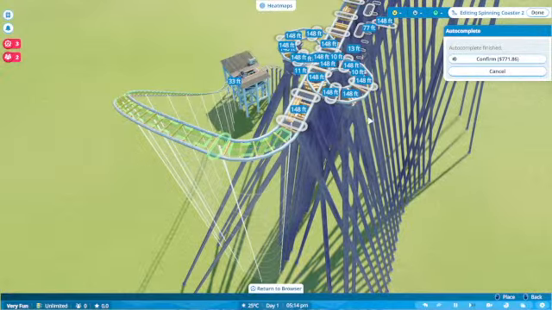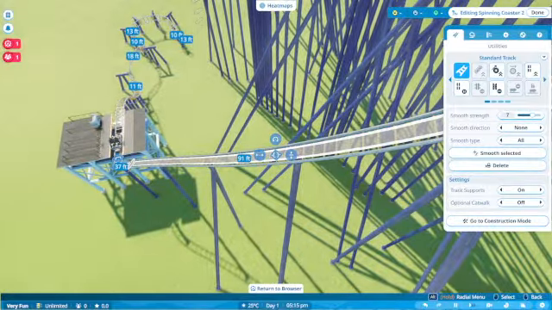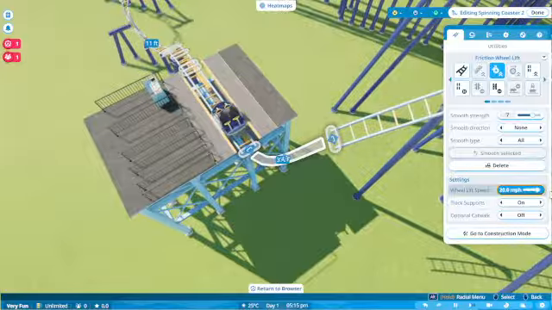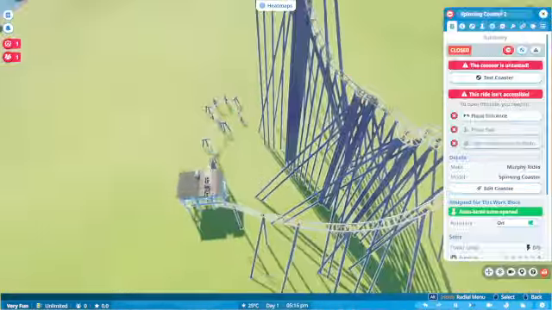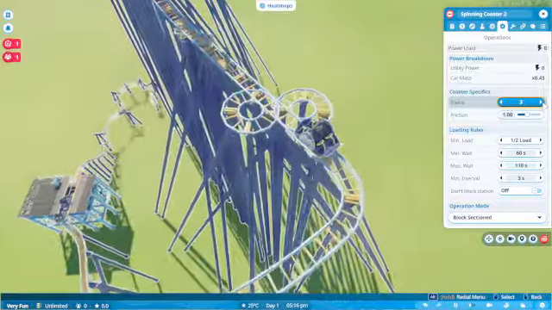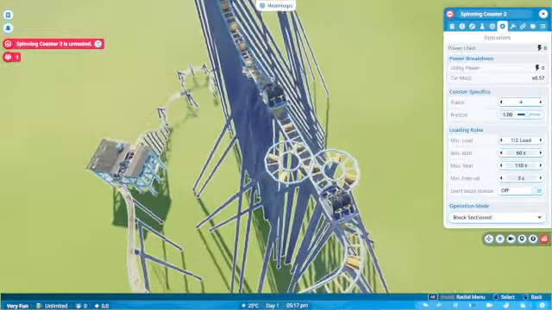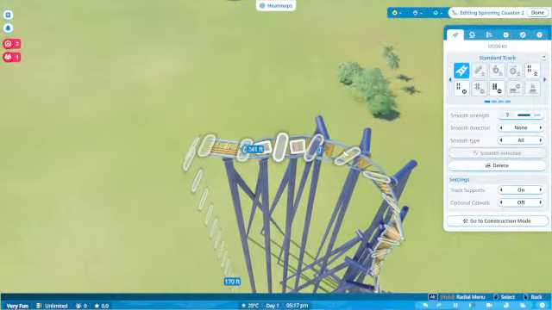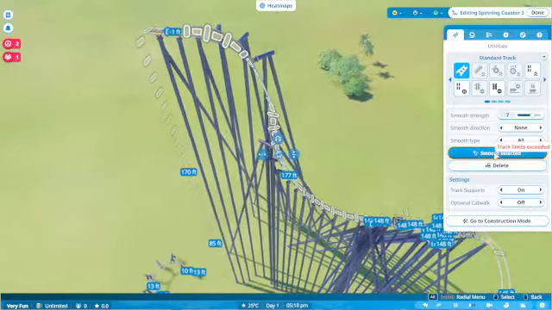And you know, why not just autocomplete it? That makes it look cooler, right? We can throw on a wheel lift at the bottom, act as a block, and we can just add on a couple trains. And let me just smooth out that roll right there, because...